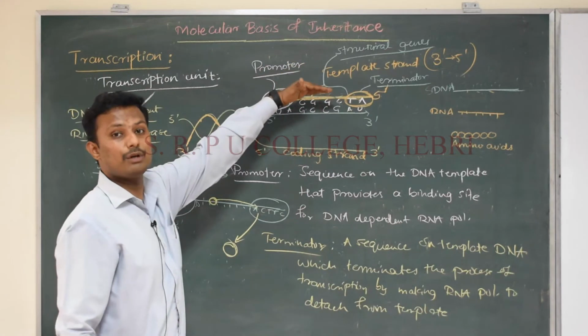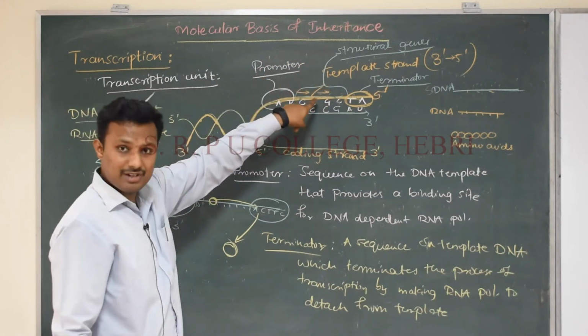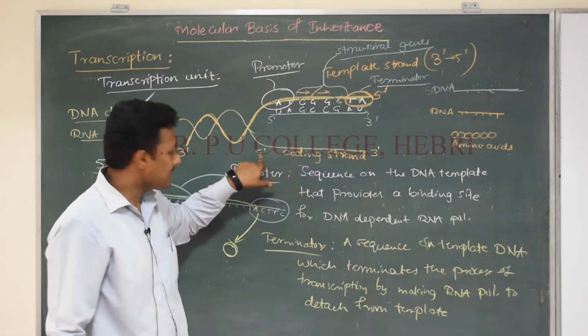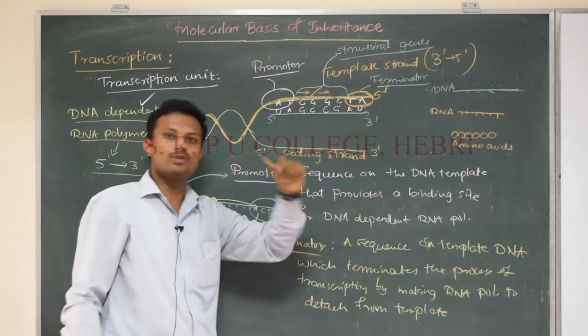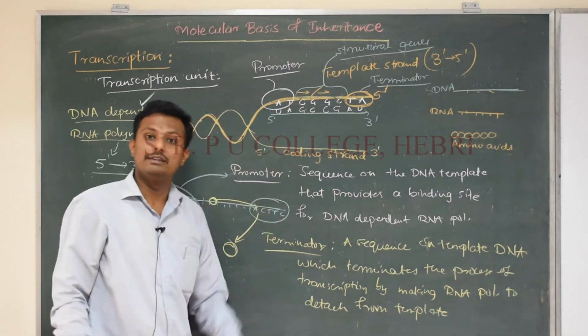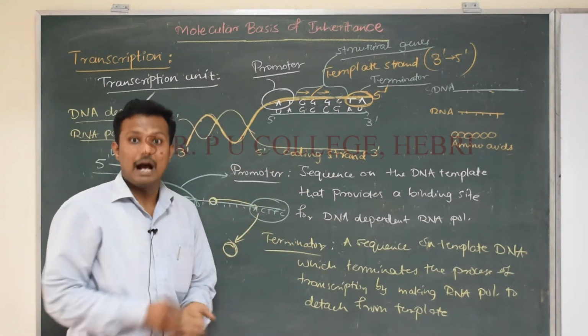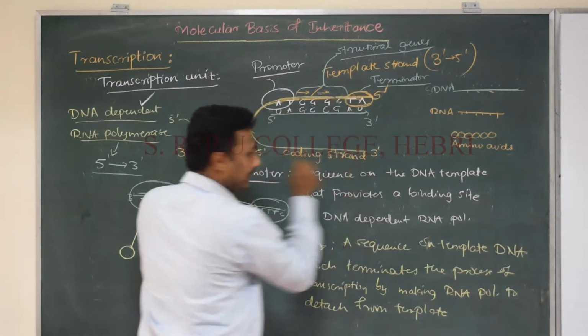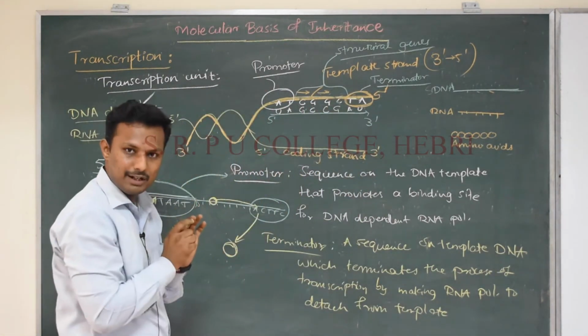Actually, which one is coding for the RNA? This strand is coding for the RNA, so we call it the template. Whereas the other strand, which has the polarity 5' to 3' and is not coding for any RNA molecule, is called what? The coding strand. Okay, and whenever you refer to anything in the transcription unit,